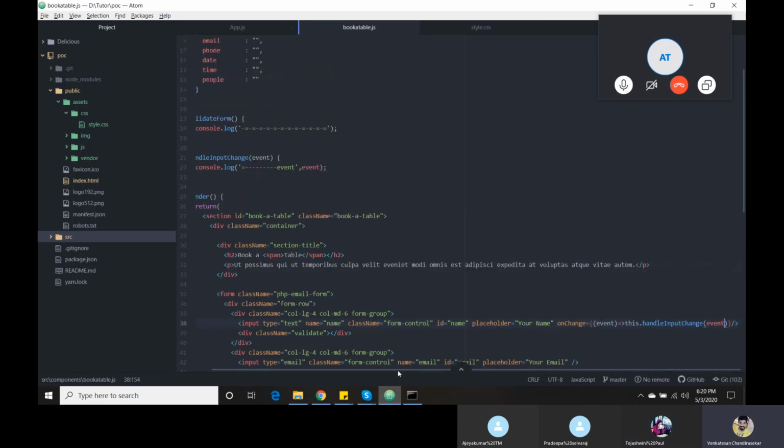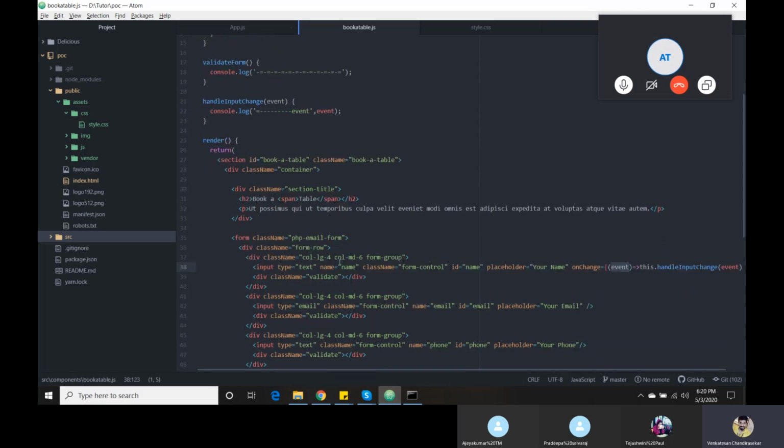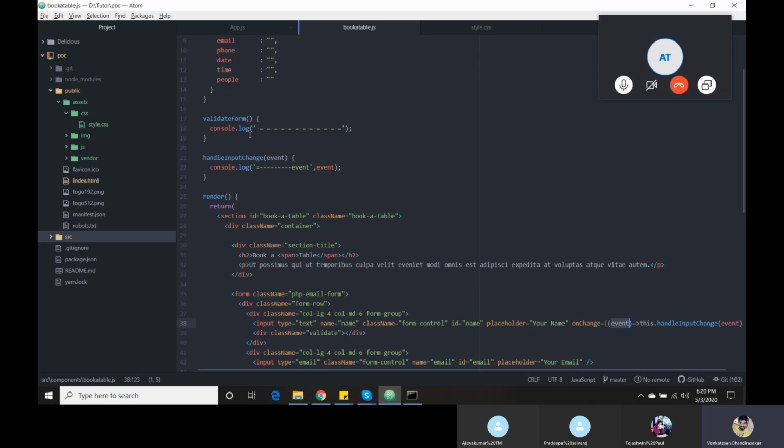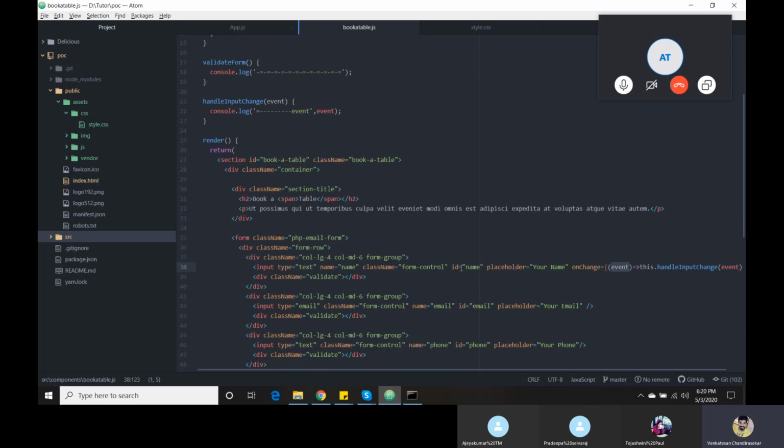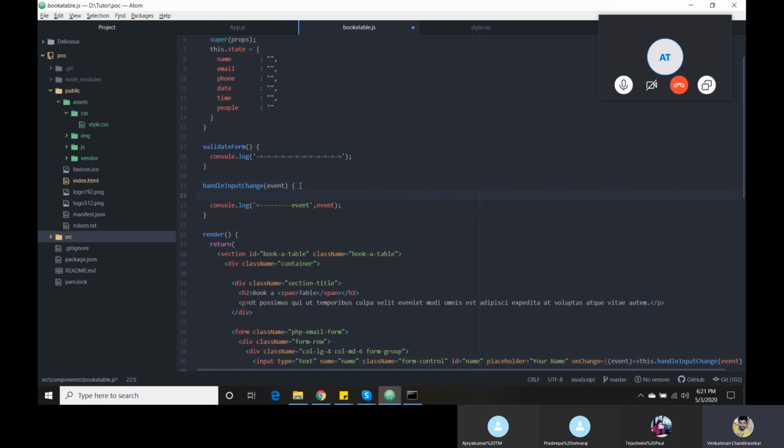The onChange event gives values. Whenever I'm changing, it gives the event. Event means the place where you are changing your fields; that information will be captured by the event. Simply, we will get it by using a unique name or id. I will tell you how we need to get it.